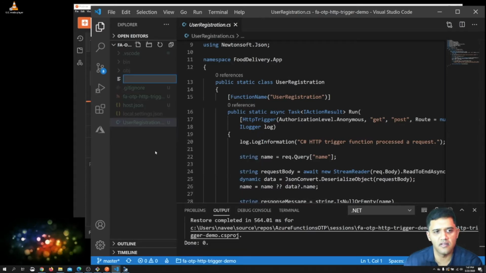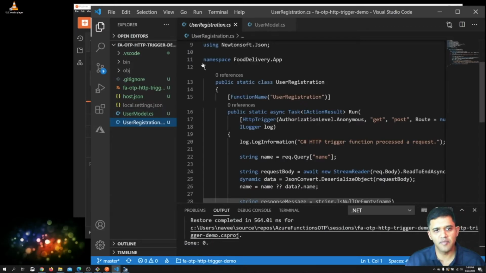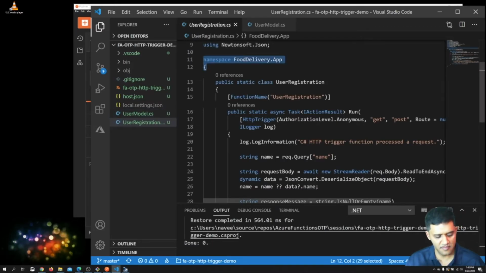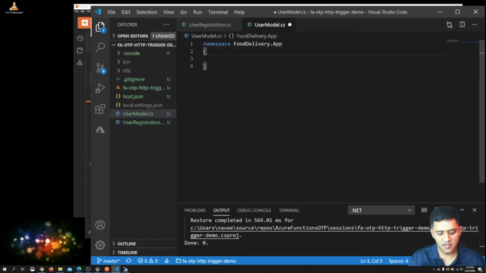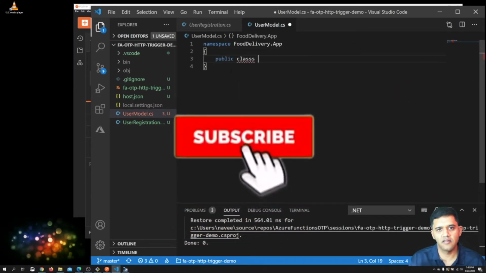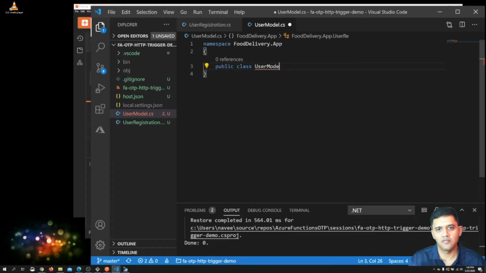New file, UserModel.cs. Basically, I would copy the same namespace. So let me copy the namespace here into the user model. So public class UserRegisterModel.